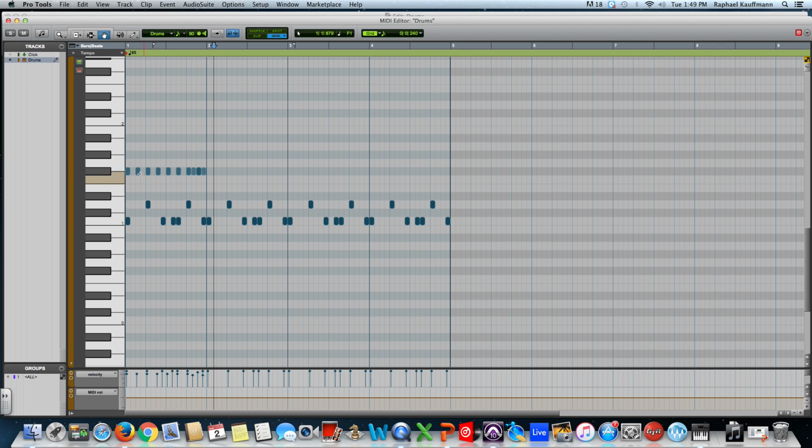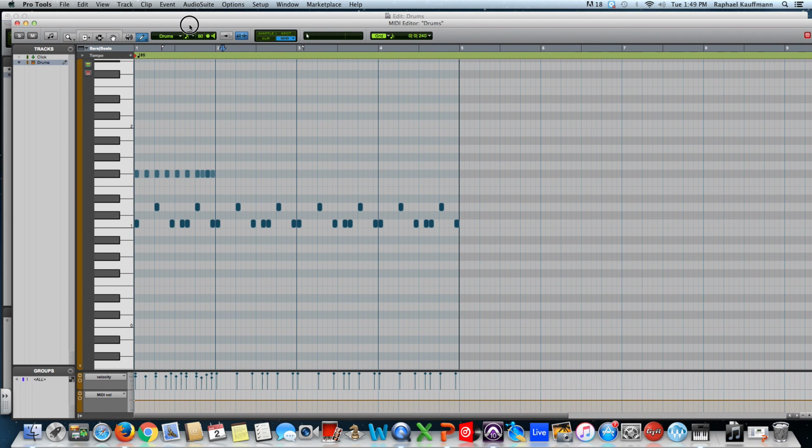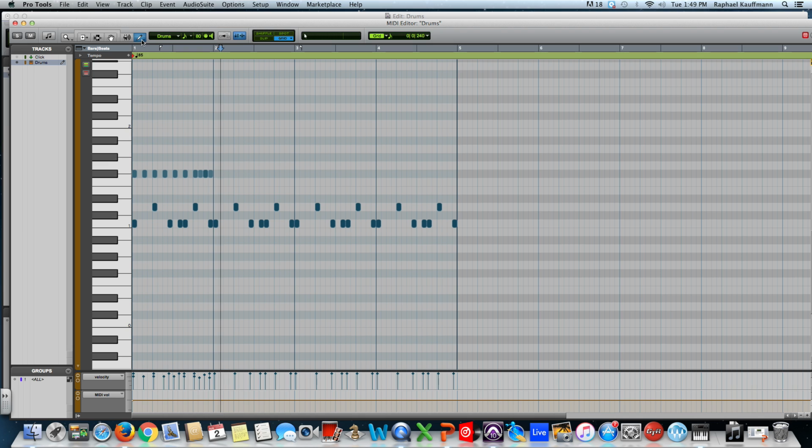So now I'm going to do the same pattern, but using a different technique. So how am I going to do that? All right, so I'm going to click and hold on the pencil tool. Remember, these are the same tools that are on the edit window, but these are specific to the MIDI editor. I'm going to click and hold on the pencil, and I'm going to choose the line tool. So the freehand tool just allows you to put notes in different places. The line tool, click and hold, draws notes in the value